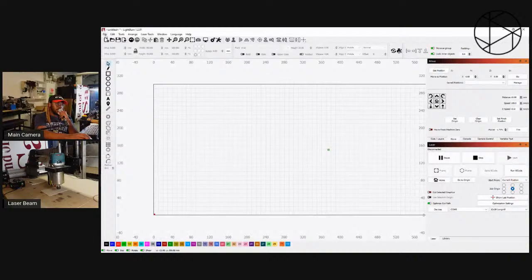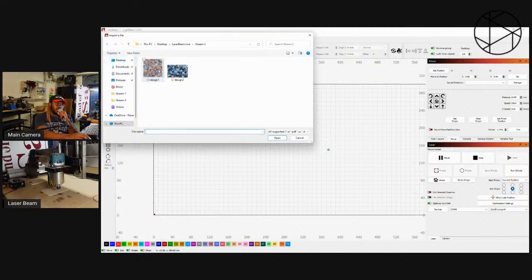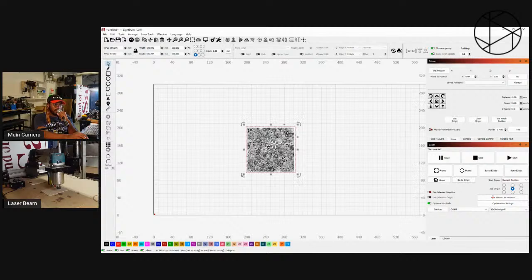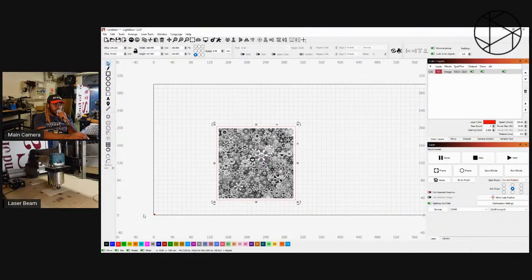So first, we're going to click on File at the top left, and we're going to click on Import. So I have two images here, Design 1 and Design 2. They're both PNGs that I previously downloaded. And we're just going to click on Design 1. So when I open Design 1,